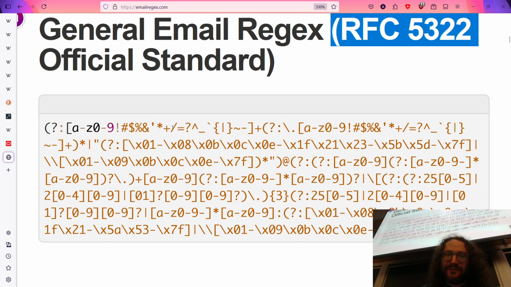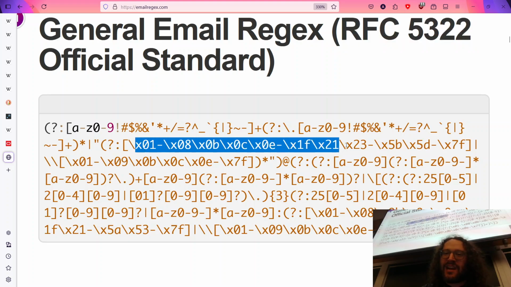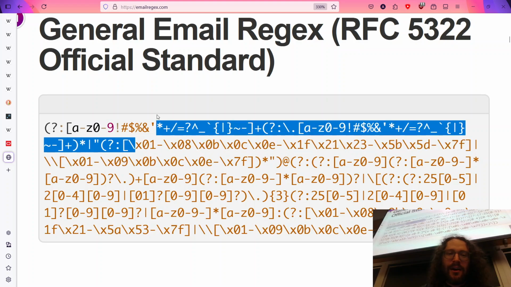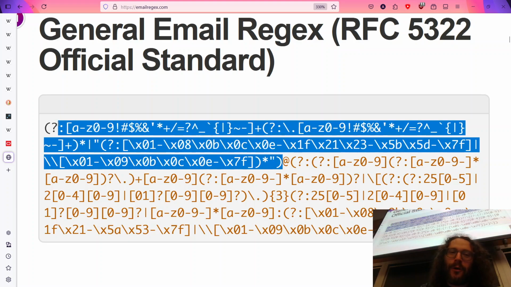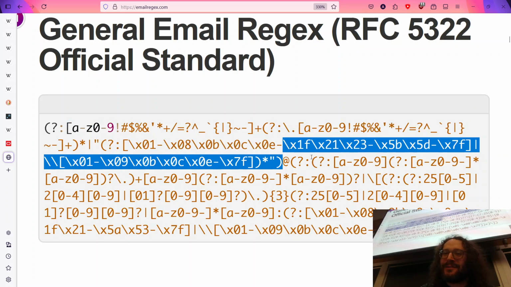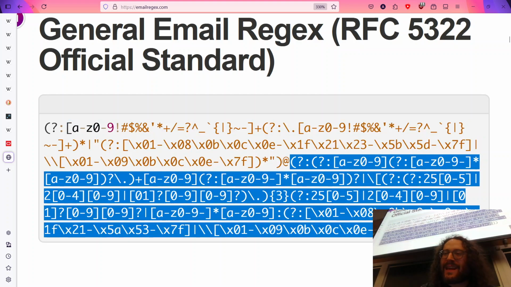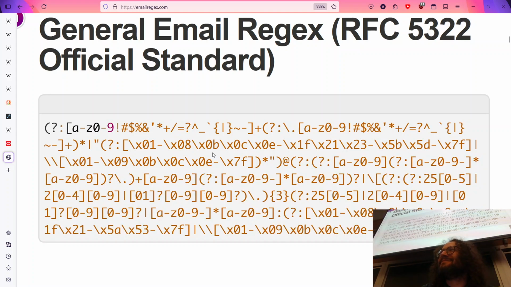It's a monster, and it's checking for at least one of special hex codes. It's got all these series of possible digits and optional things. And then you get an at. So this is everything before the at symbol, and here's everything after the at symbol. It's a nightmare. Like I said, just because you can doesn't mean you should.